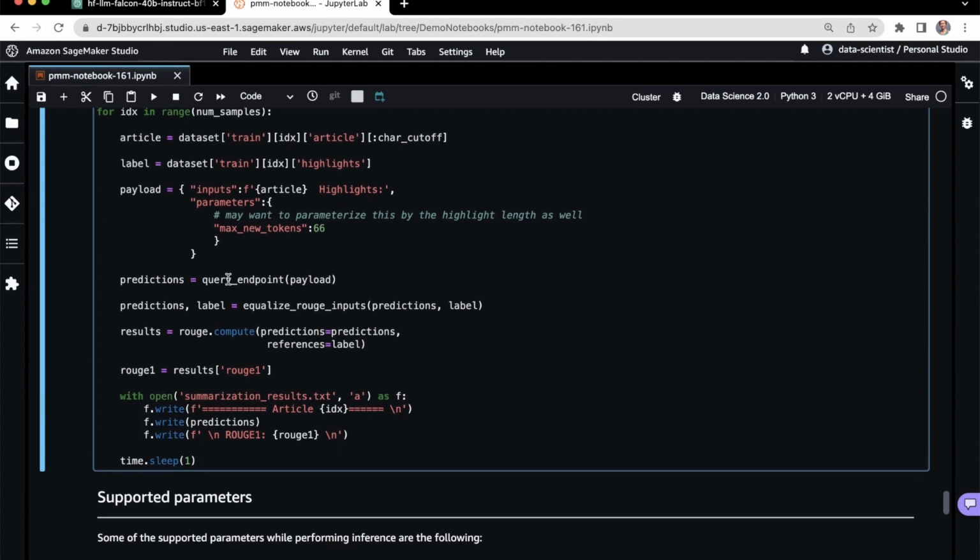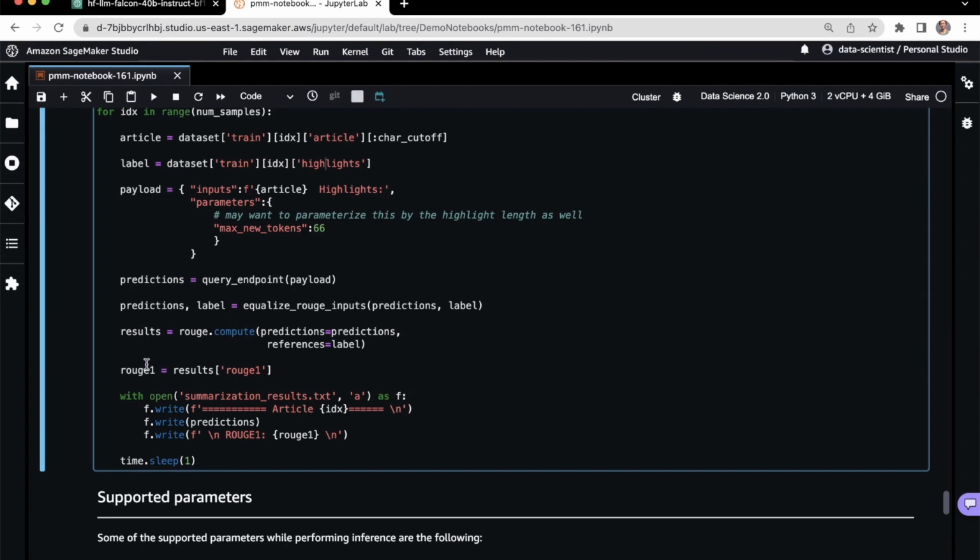And then we'll query the endpoint. So we take this payload, send it to the endpoint, get our predictions, send both the predictions and the label to this equalizer. So they're equalized. Then we put them into the Rouge metrics, and then rouge.compute, and we'll get the results.